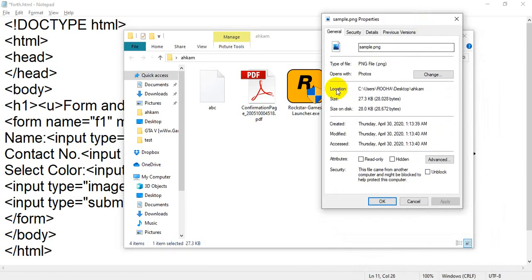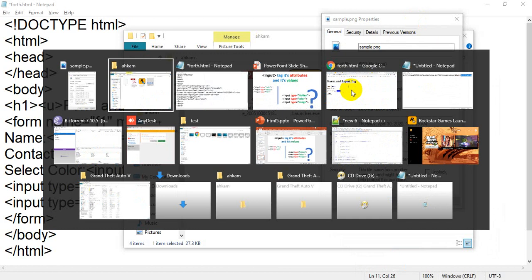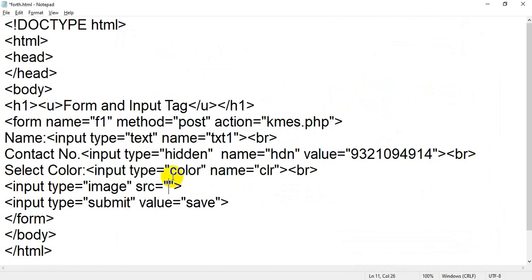Then you have to copy the location, the whole location. Control C, then flip back to your notepad file and paste the URL, that is, paste the location.